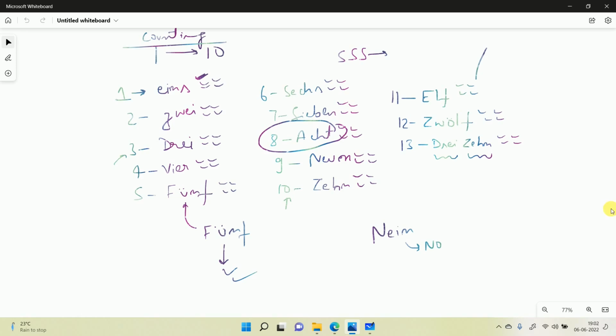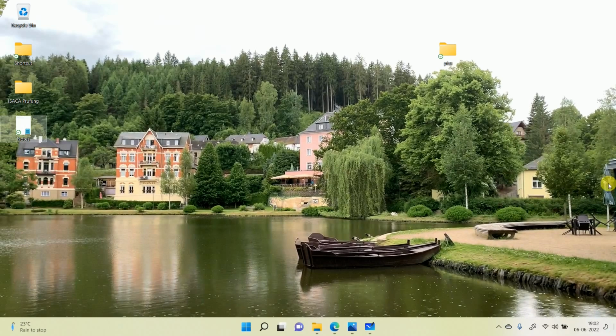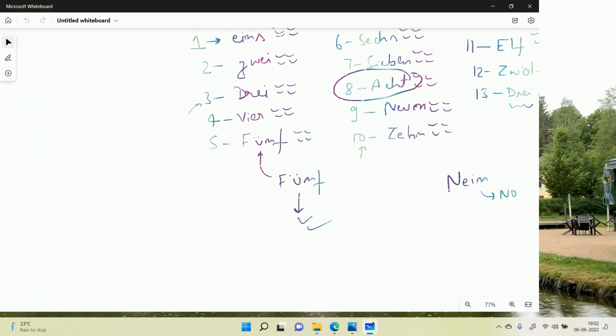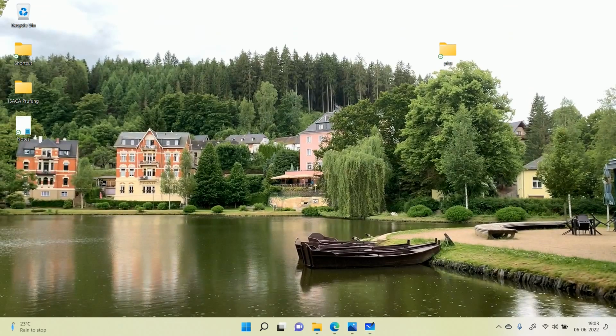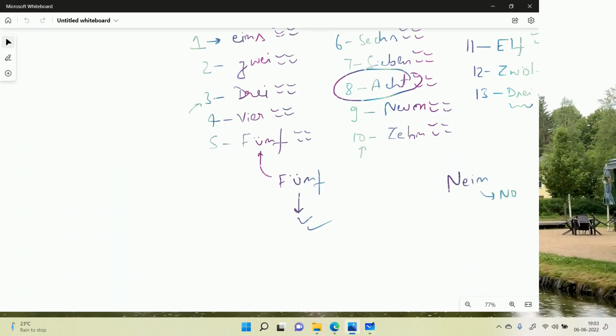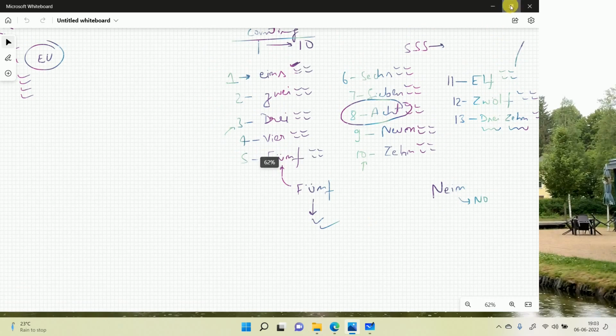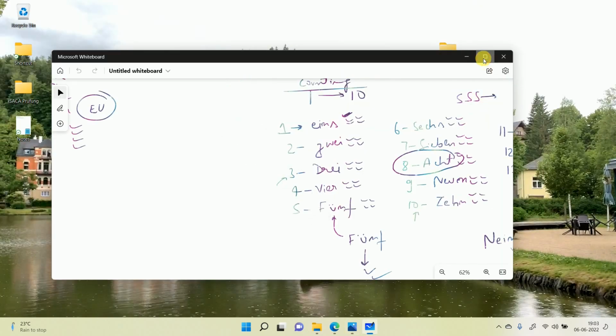Just give me a moment, please. I don't know, this pen is not working. It's working on the other screen. First moment. Don't know what is happening. All right. Meanwhile, please proceed with the counting. I would request everybody to continue with counting, please.